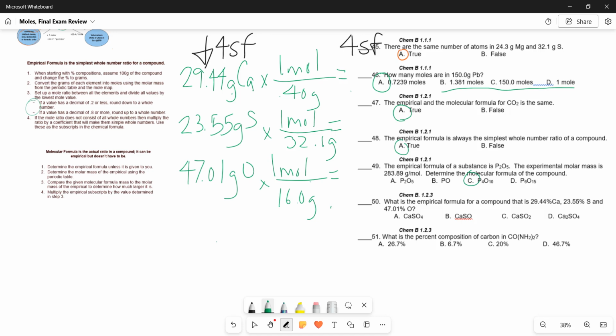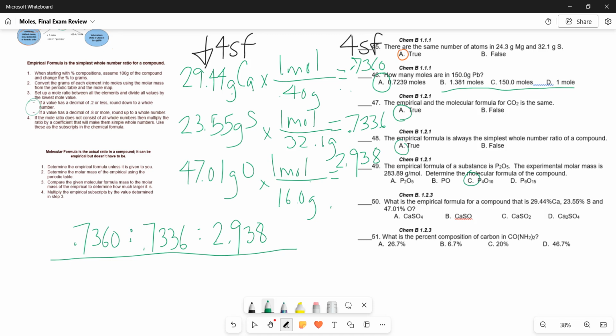round. So if we look here, the first one is going to be 0.7360. The second one is going to be 0.7336. And the third one is going to be 2.938. And I kept 4 sig figs in all of those. So my ratio is 0.7360 is to 0.7336 is to 2.938. And according to the notes that I made for you to screenshot, you divide all of these by the